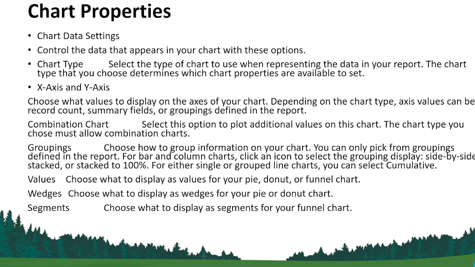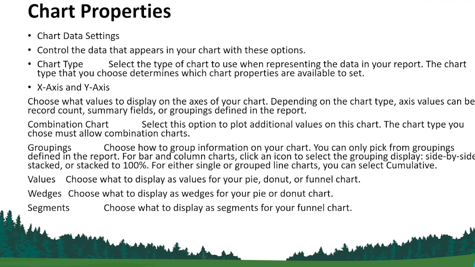Then you go for the grouping. You can only pick from groupings that are already defined in the reports. For bar and column charts, click on the icon to select the grouping display. Side by side, you want to show the grouping, you want to show the grouping by stacked value, or you want to show the stack to 100%, or either a single group line. You can also select the cumulative